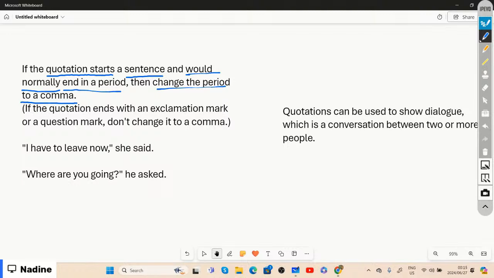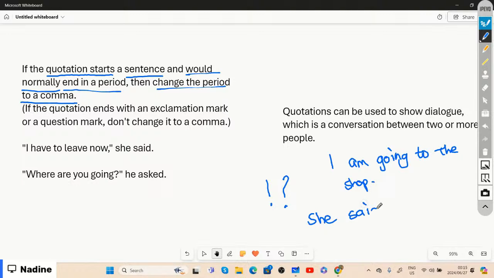And then if the quotation ends with an exclamation mark or a question mark, then we don't change it to a comma. Which means to say, if I were to tell you that I am going to the shop, right? So I'm telling you that I am going to the shop. Now somebody asks, where is Nadine? And then you're going to say, she said,